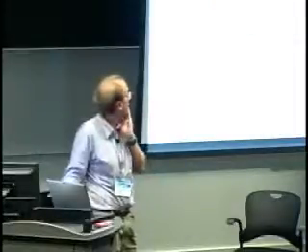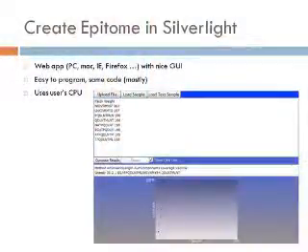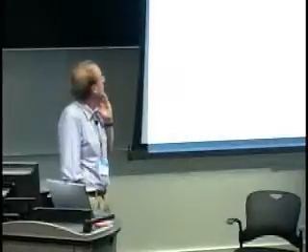So in this case, we created a version of it in Silverlight. Here's a snapshot. This works nicely. From the user's point of view, it's a web app. It runs on Macs or PCs under IE or Firefox. You still have a GUI that's pretty much as nice as a desktop GUI.